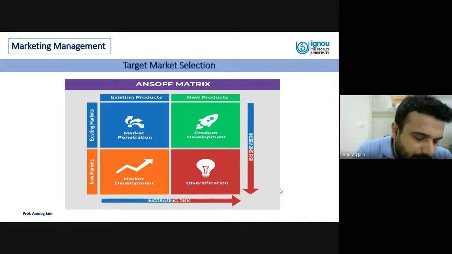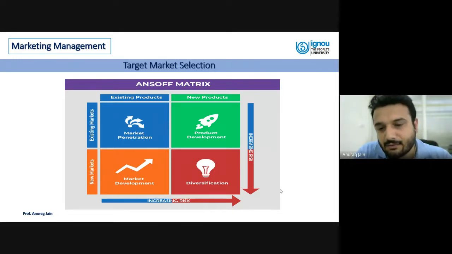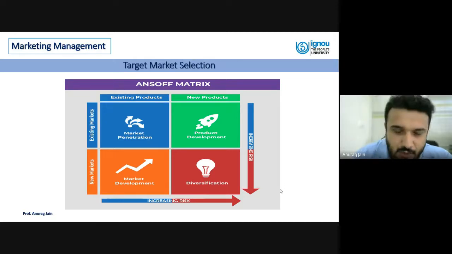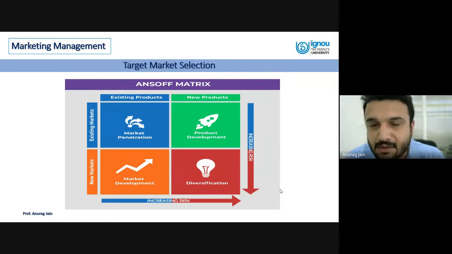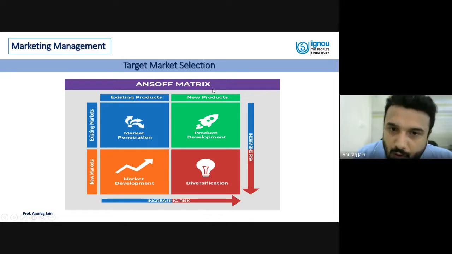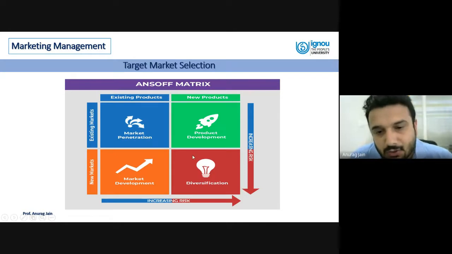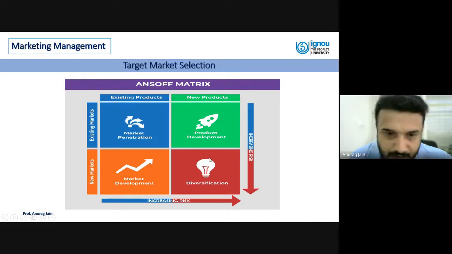There are different possible ways to decide, depending on whether a market is new or a product is new. If a product is old but the market is new, we can use different kinds of strategies. But a tested, tried and very exhaustive framework has been developed by Igor Ansoff, and we call it the Ansoff matrix. We can select the right target market by using this matrix. As a marketer, I hope you all have an understanding of how it works. I'm just quickly going to explain this.